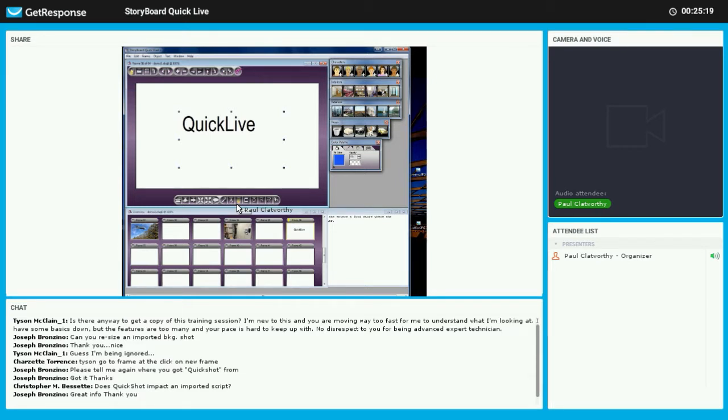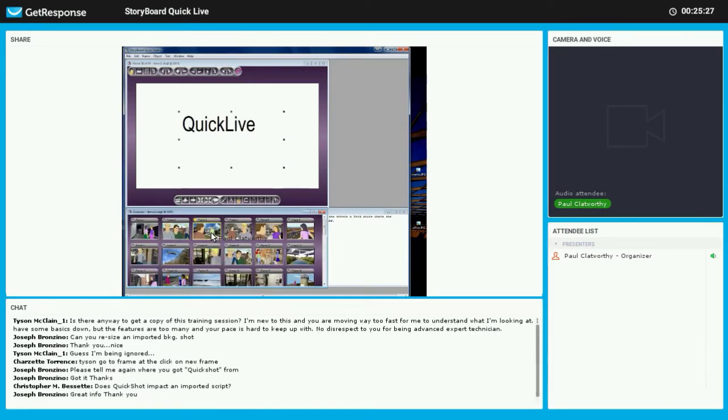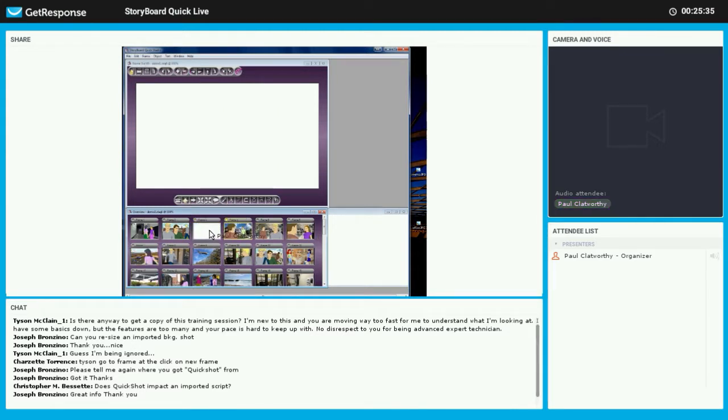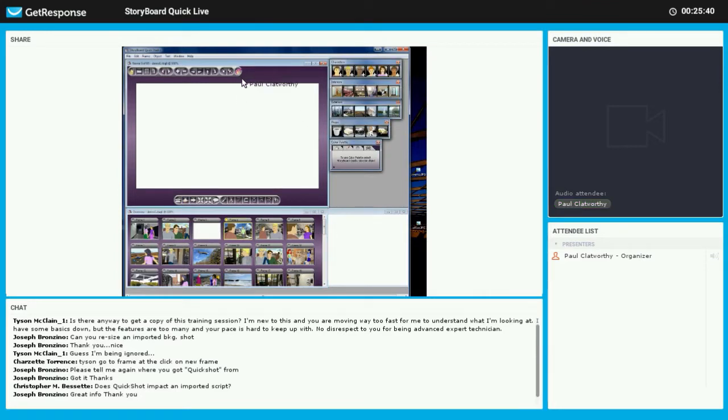So you can do it either way. What usually happens if you're creating a new shot that's inserted, like if I have a project here that I like this frame and it fits with my script, and I want to put a blank frame right there, I want to insert that frame. So now I have a frame before, and so if I do a quick shot here,